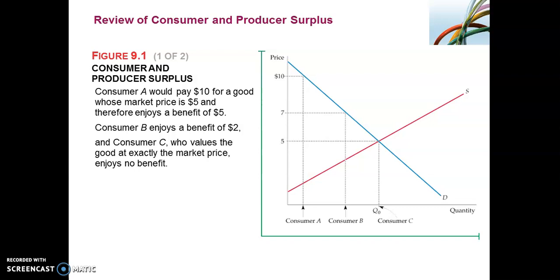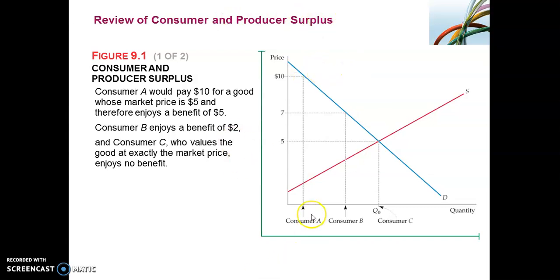So the difference in what you are willing to pay versus the price that you actually pay, that is the consumer surplus. So the price that you are willing to pay is going to be reflected by this demand curve, and the price that you actually pay is given by the market price. So the difference here then becomes your consumer surplus. So if we have a look at this diagram here,